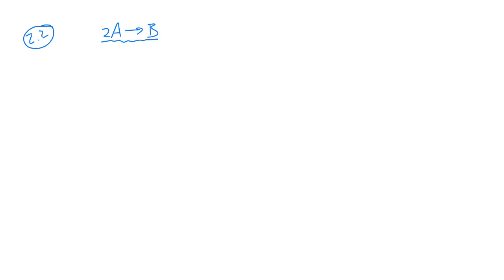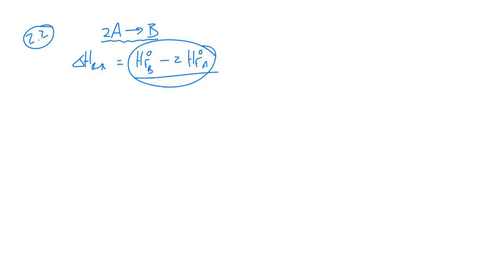If you were now tasked to calculate the del H of that reaction, you would say, all right, it's the standard state formation of B minus 2 times the formation of A. Everybody happy with that? That thing has different kinds of units. You can describe it in different unit sets. So you can say it is minus 5,000 kilojoules per every 2 moles of A that reacted.